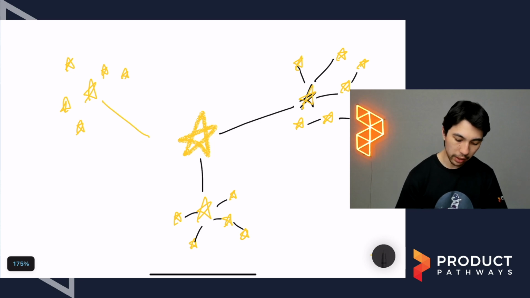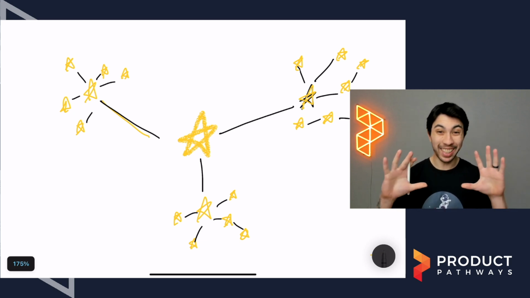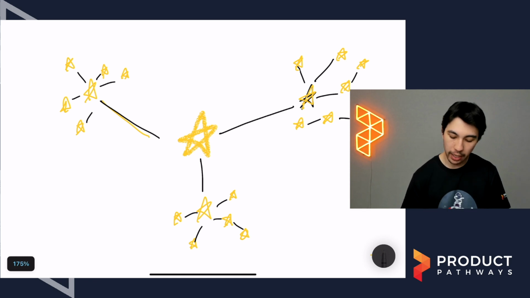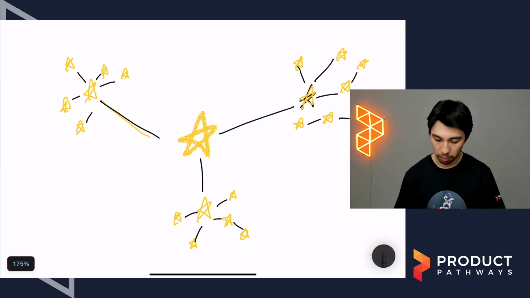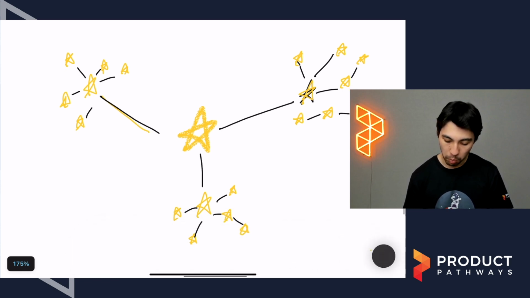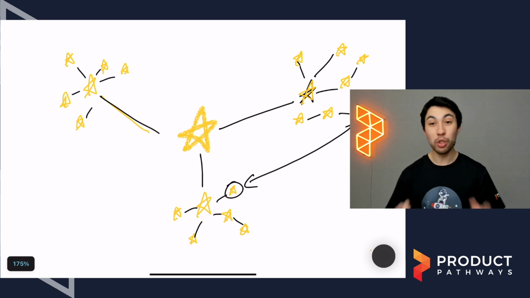And the reason why I say it's a constellation, and not a ladder, is because it's not as picture-perfect as this top down, because we might have a product over here, let's say a product over there, and that product might need to align with another product's OKRs that is not in their business unit, right? It might be another part of the organization. A very simple example of this is like sales and marketing.